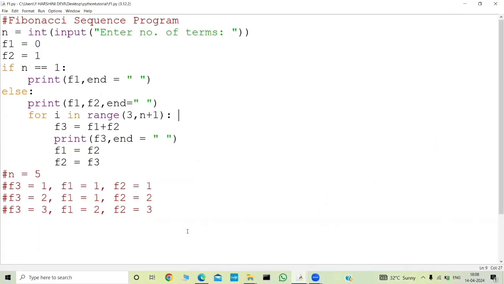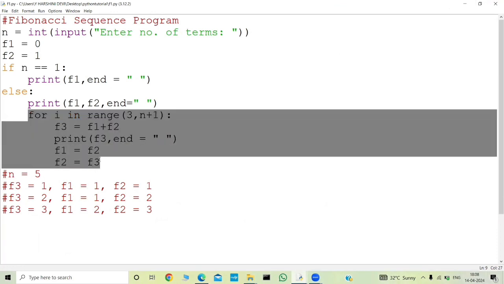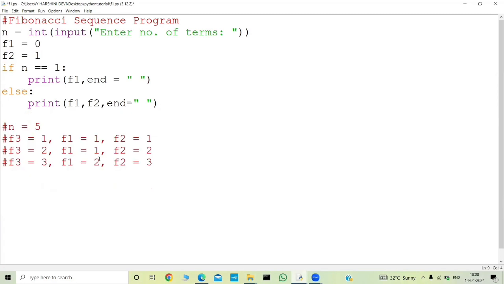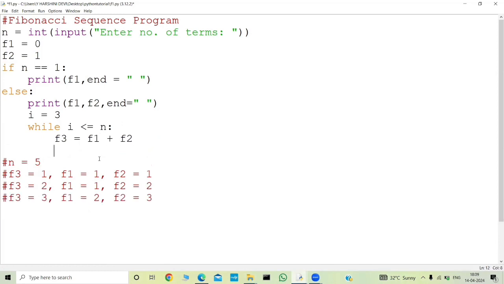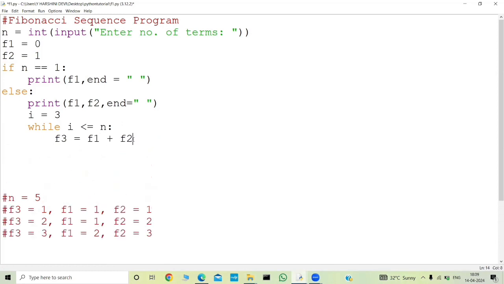Now we need to write the same program using the while loop, right? Okay, let me remove this for part. So from where should I start my iteration? I need to start my iteration from 3, right? And while i less than or equal to n, I will do f3 equal to f1 plus f2. And I will print